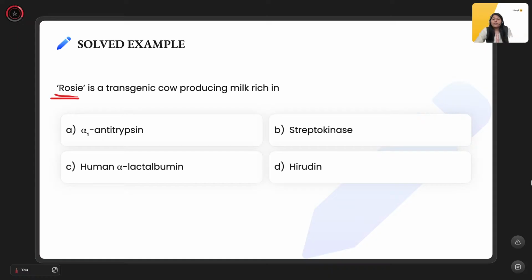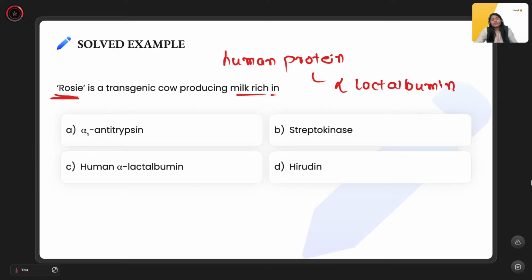So Rosie was a transgenic cow, carrying a gene which helped her produce milk that was much more nutritious than other cows' milk. Rosie is a transgenic cow producing milk rich in the human protein alpha-lactalbumin. You have to remember that Rosie produced milk which was rich in alpha-lactalbumin